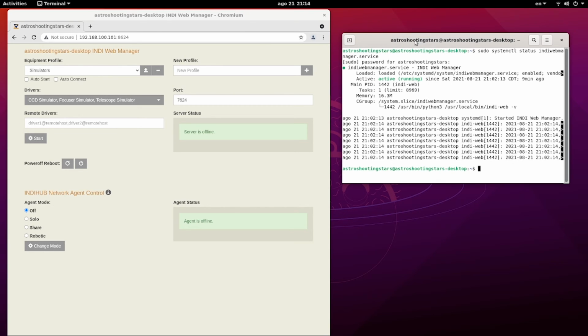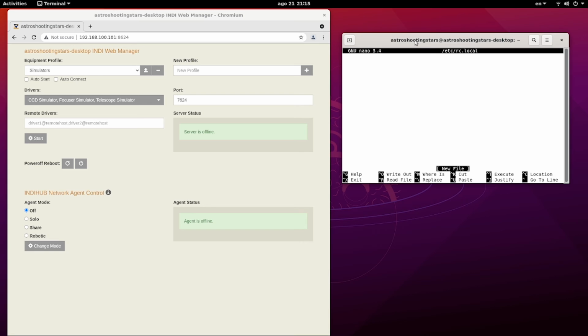So now, since the web server is running properly, the last thing that we need to do is to update the web service permissions. To do that, we have to again create another file. To create the file, we have to issue another command, which is sudo nano /etc/rc.local. This will again open an editor in your command prompt. Here also you have to copy paste the information that I have shared in the description below. Just replace the username with the username of your system.